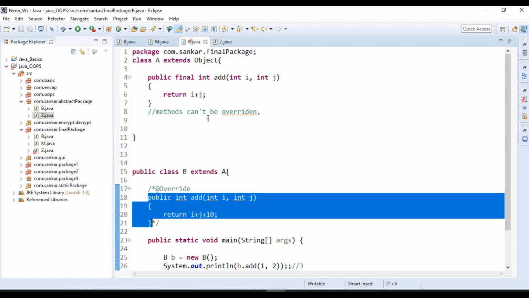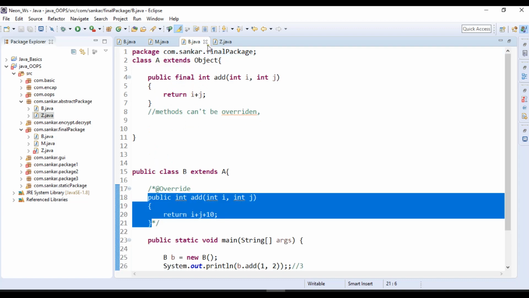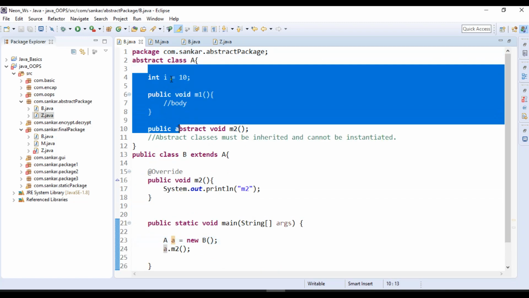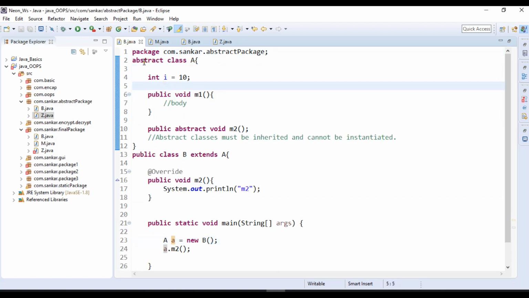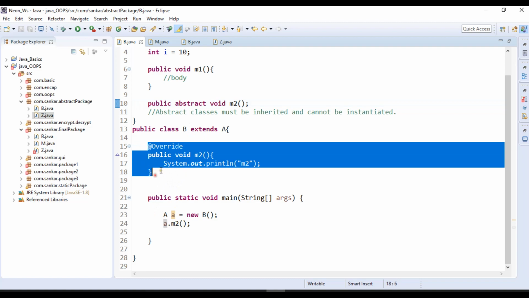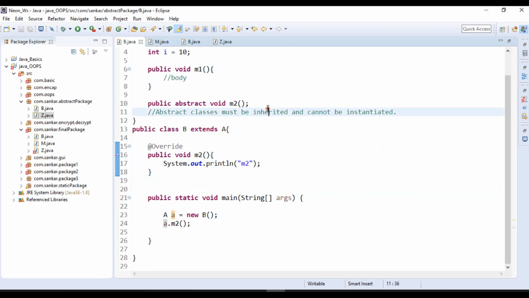Up to now you are clear, right? We are discussing abstract classes. What are the things we discussed? We can apply the abstract modifier at class level and at method level. If we apply it at method level, we can implement those methods in the child class using the override concept. How can we achieve that? Using inheritance.